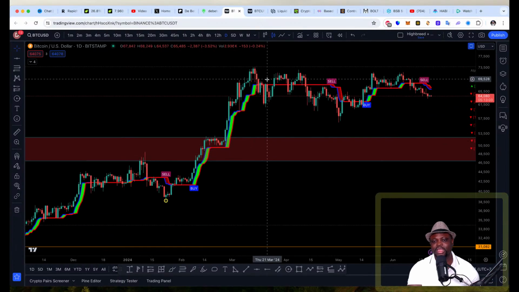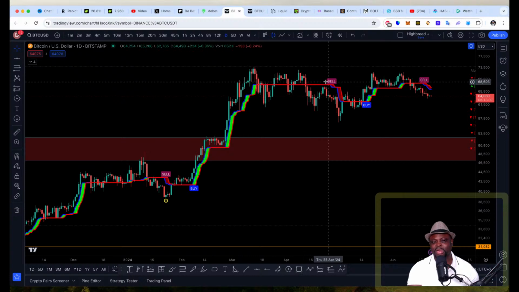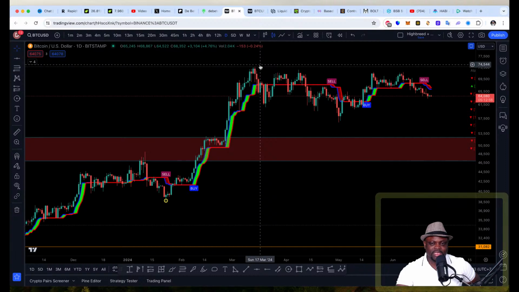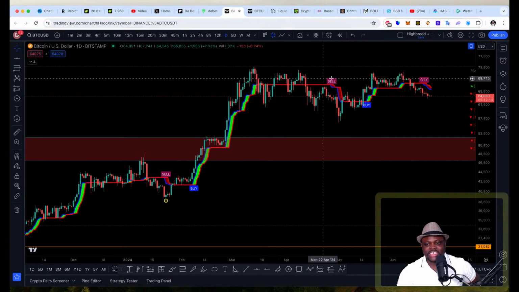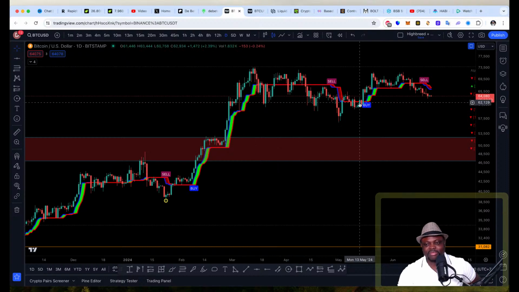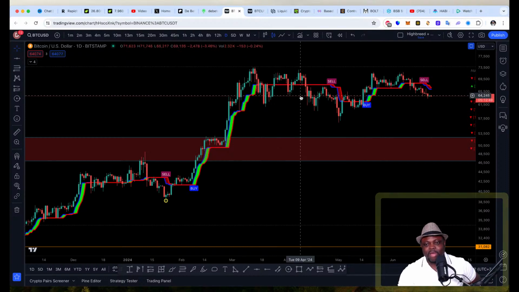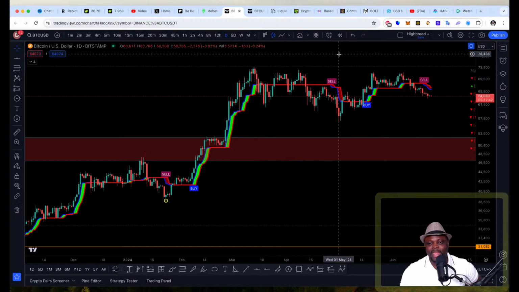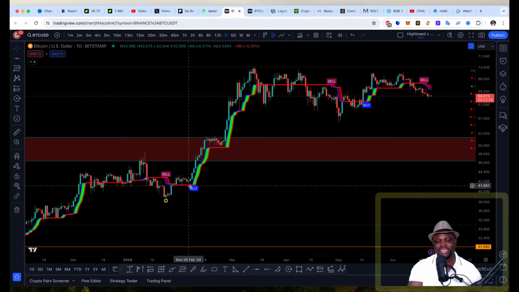Ever since price printed this, we saw this huge pump to the upside, around $73,000 for Bitcoin. Price hasn't gone back, even though we have seen a buy signal here and a sell signal here. For me to confirm this structure has been broken to the upside, I need to see price form another high before I can say maybe we are back in an uptrend. Then maybe price can pump again like it did here.